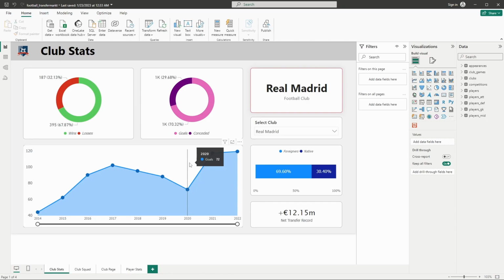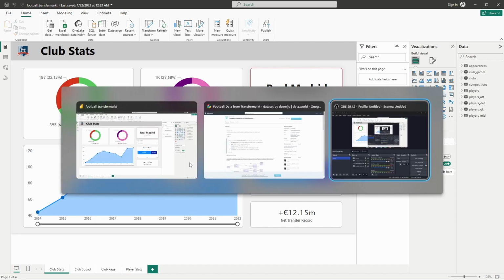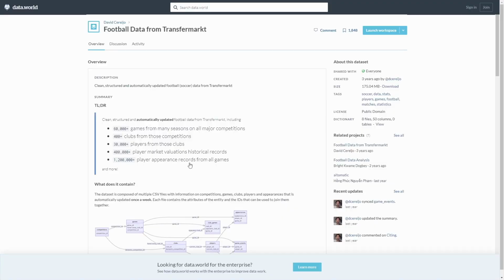So at the very beginning I would like to show you the data set itself. So this is the particular website. I'll provide the link to this website in the description. It's basically football data from Transfermarkt. As you can see, this particular data set has around